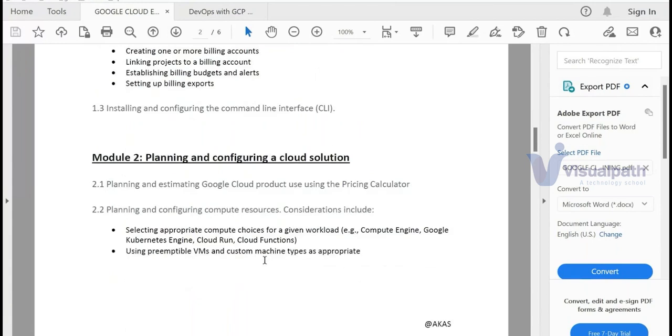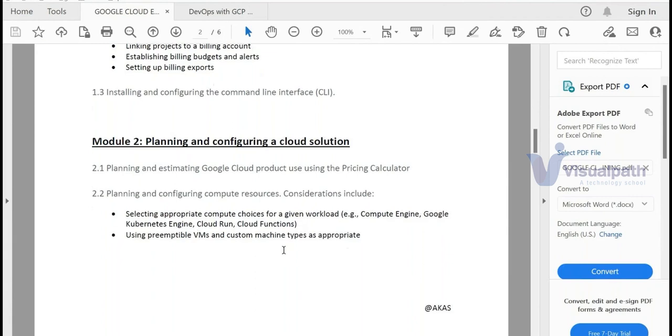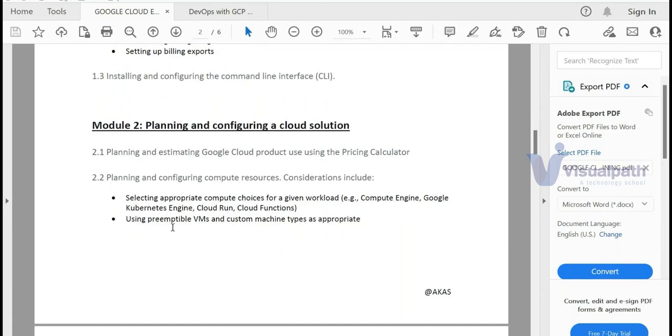Then, as I was saying, module two will be mostly on planning and configuring a cloud solution, right? We design a cloud architecture, and then we also plan whether that is a suitable approach to take for our use cases or not. So we have multiple components to learn there, be it Compute Engine, GKE, Cloud Run, Cloud Functions. We'll also look into what preemptible VMs are, when and why to use them, and also build our own custom machines,